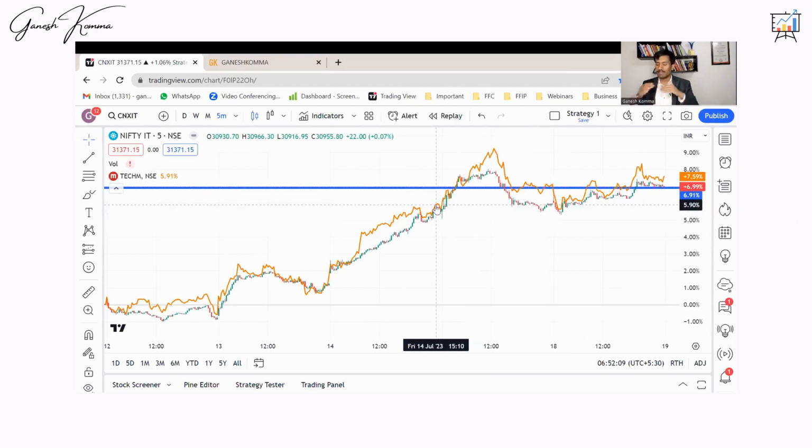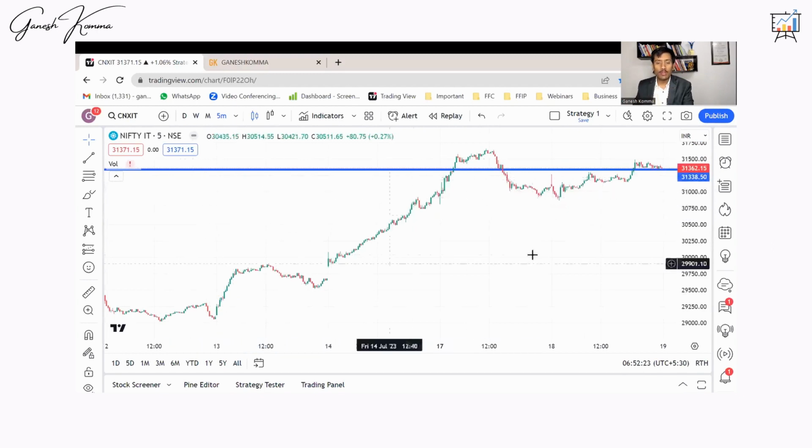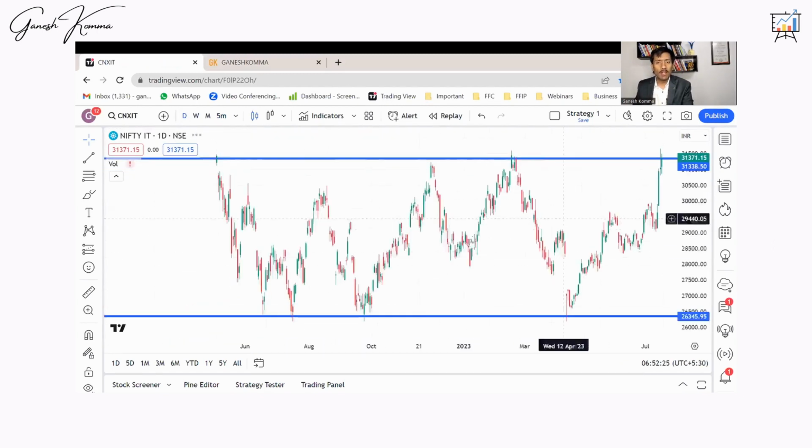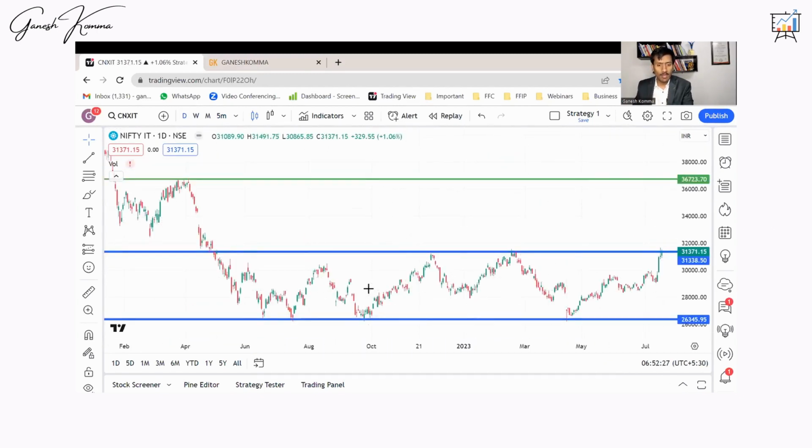So yes, you can compare sector with the stock. You can compare sector to sector, between Nifty IT and Bank Nifty, which is stronger. All these use cases will be happening with your TradingView. And yes, whoever do not know,